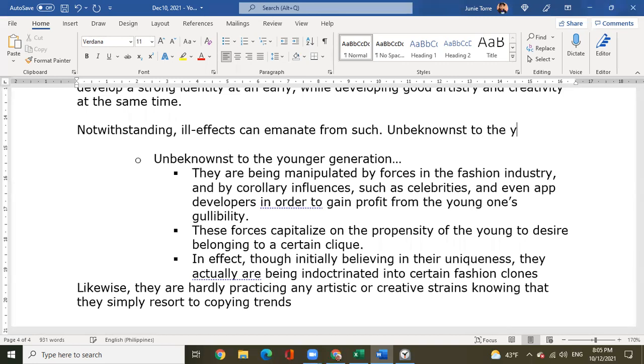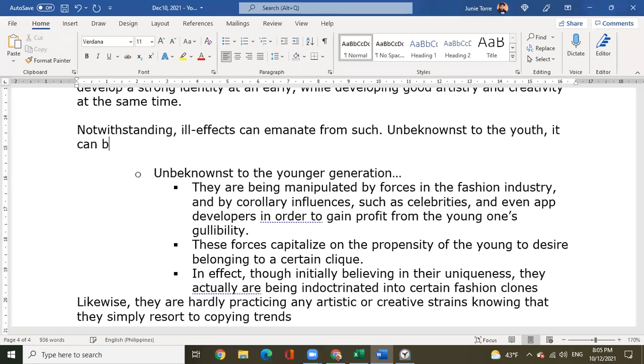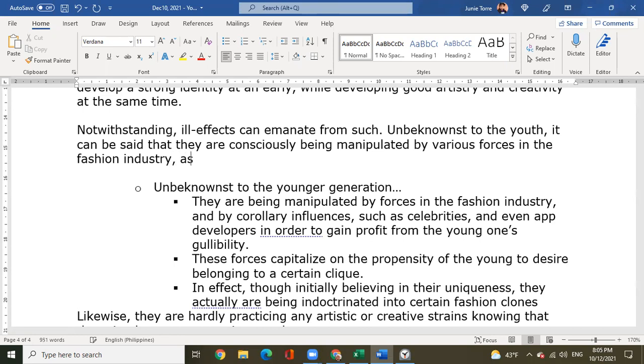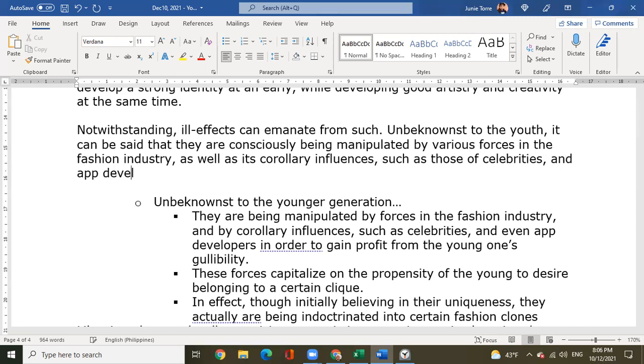Unbeknownst to the youth, it can be said that they are consciously being manipulated by various forces in the fashion industry, as well as its corollary influences there, such as those of celebrities and app developers, in order to gain profit from the young ones' gullibility. Gullibility